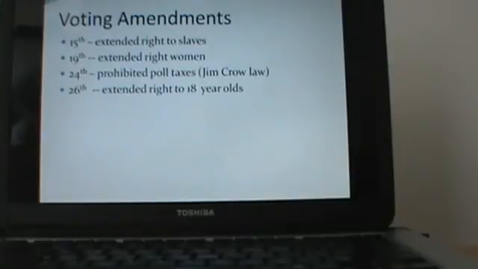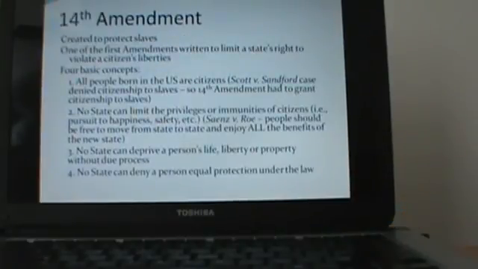Also part of our civil rights genesis in the United States, the 15th Amendment extended the right to vote to slaves, which we just talked about. The 19th Amendment extended the voting right to women. The 24th Amendment prohibited poll taxes. And the 26th Amendment extended the right to vote to 18-year-olds. More about the 14th Amendment. First, it was created to protect slaves. And